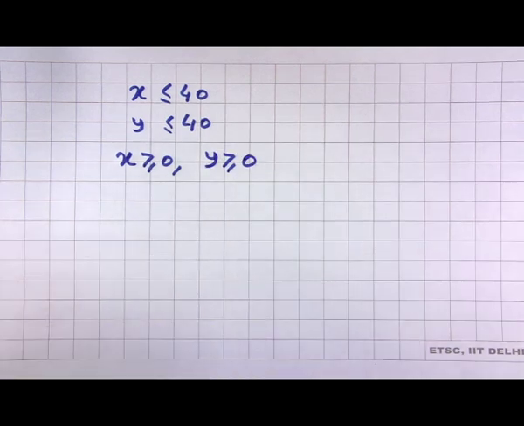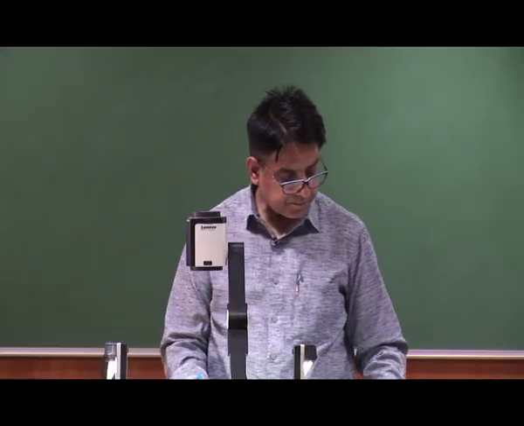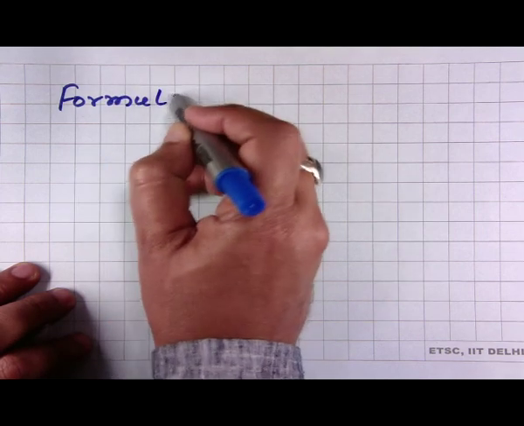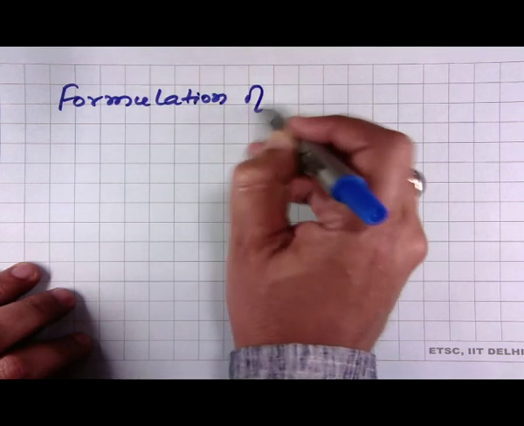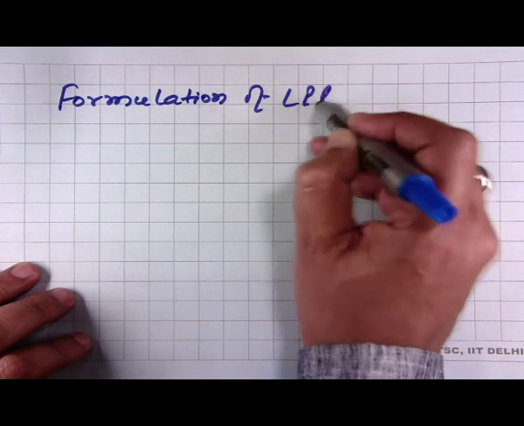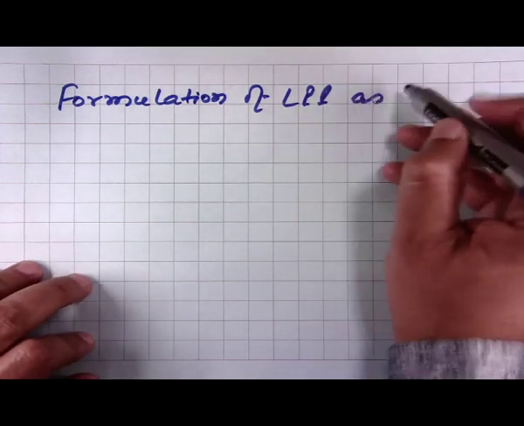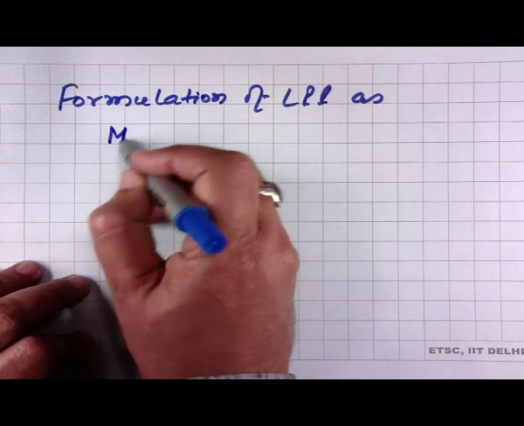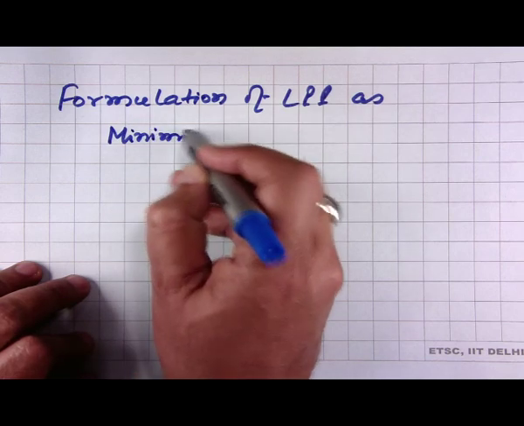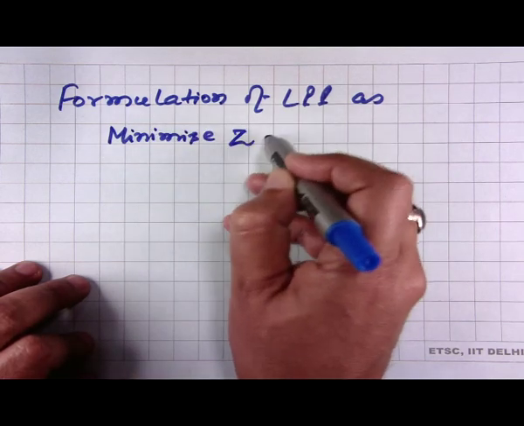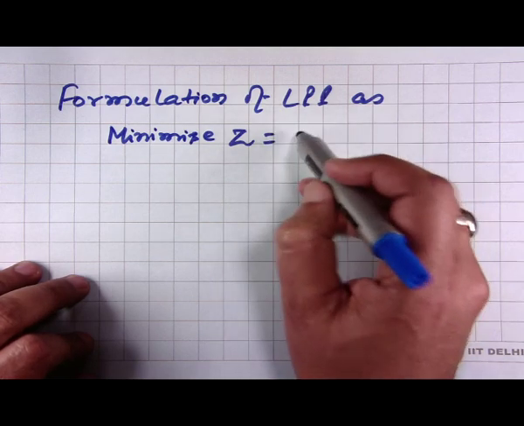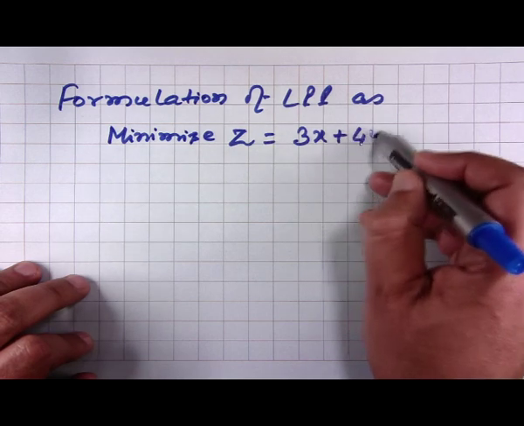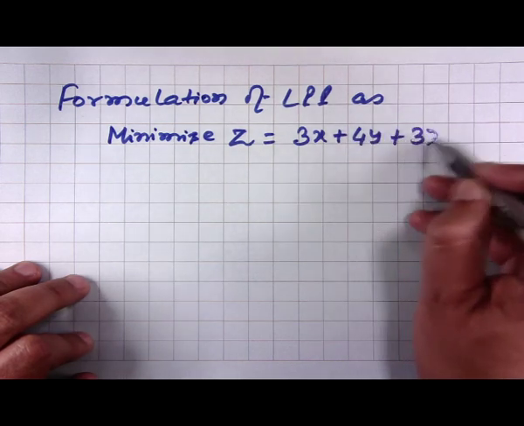So finally, the formulation of the LPP is: minimize z equal to 3x plus 4y plus 370,